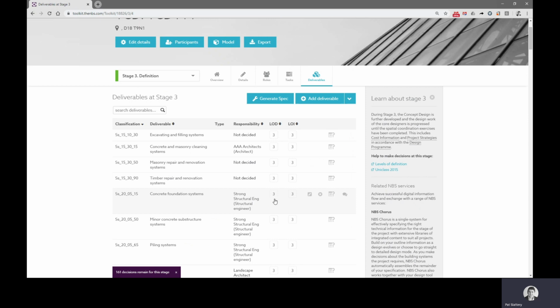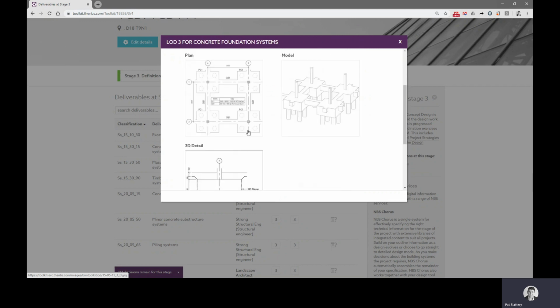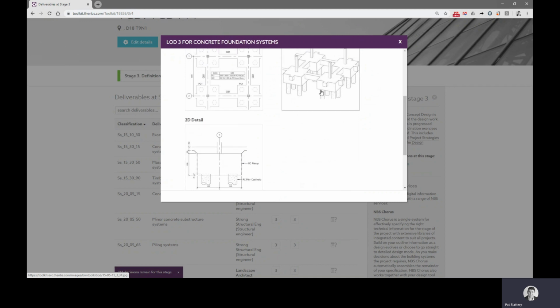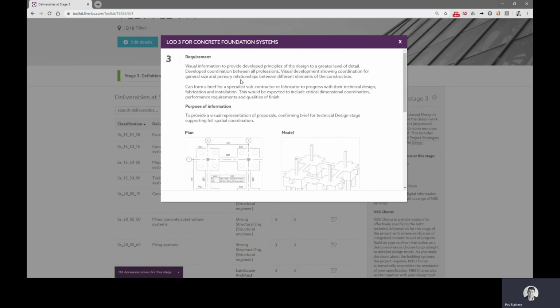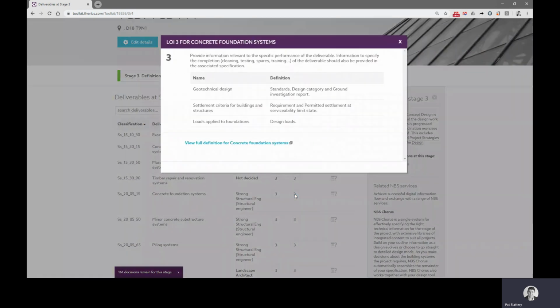Each deliverable has a level of detail. The level of detail is how graphically accurate or how graphically correct the information needs to be in the model. And it gives you visual indications of what that should look like. So in terms of the plan views, maybe section view, a 3D view, and so what that element of the work should look like in the model at this stage of the project at LOD 3. It also, for this stage, we have LOI 3. So if I look at the level of information required,